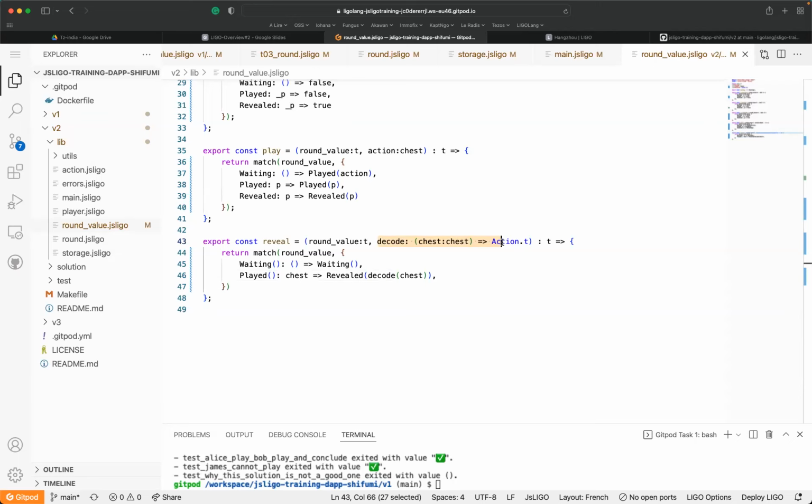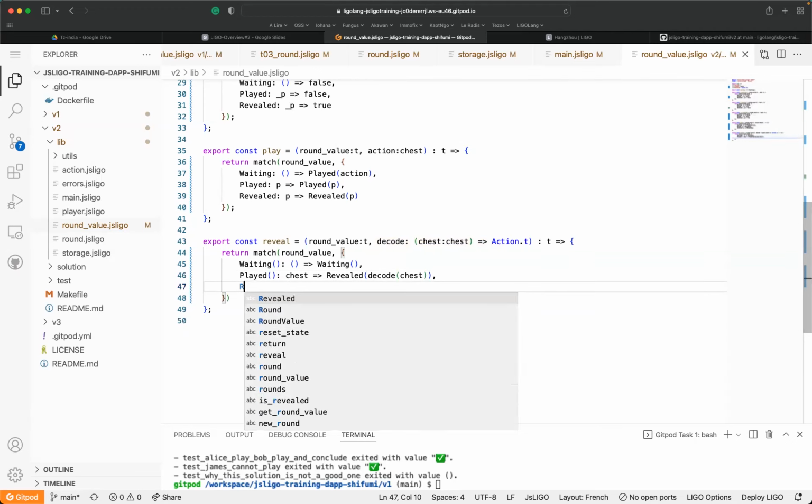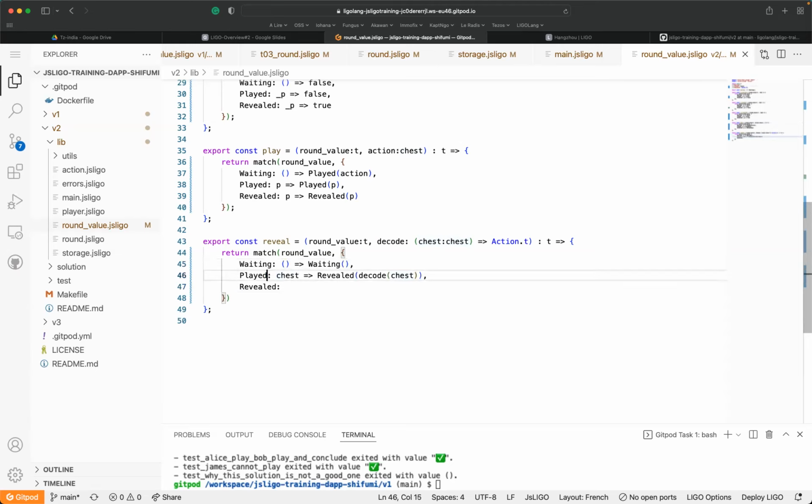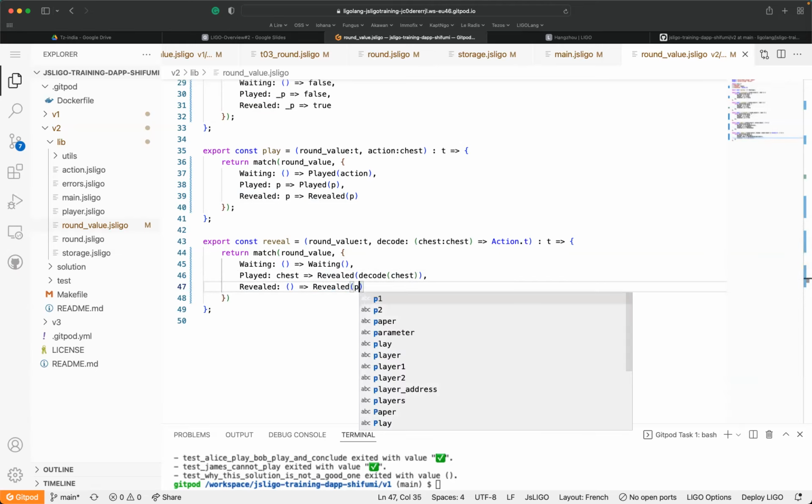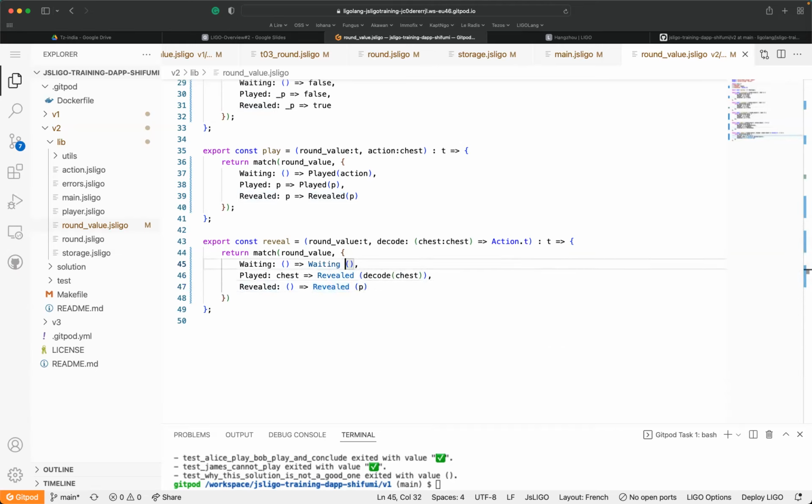on the integration test. If you try to do it in unit test, you cannot. So you have just to create a fake function in order to produce it, and you have to provide a mock. So the decode can be implemented with the real code or just using a mock function in order to mimic the mechanism. And this should be done, for example, in unit test. And if it's been already revealed, I just have to say, okay, I'm still in revealed status. And that's all, finish.